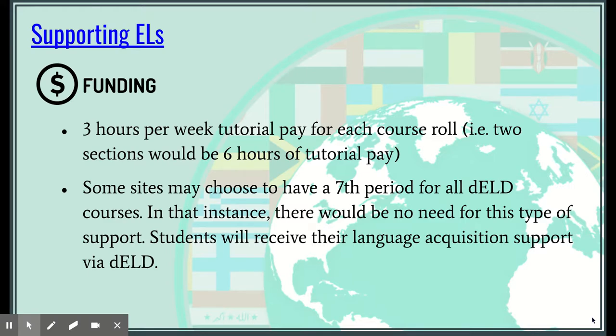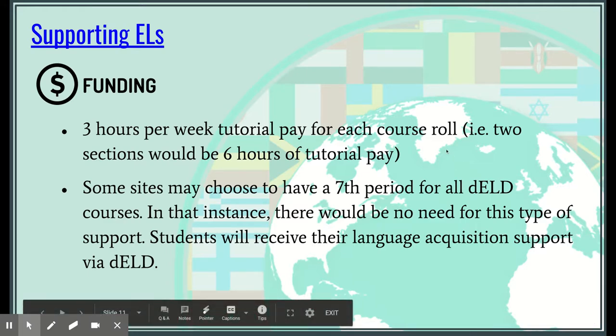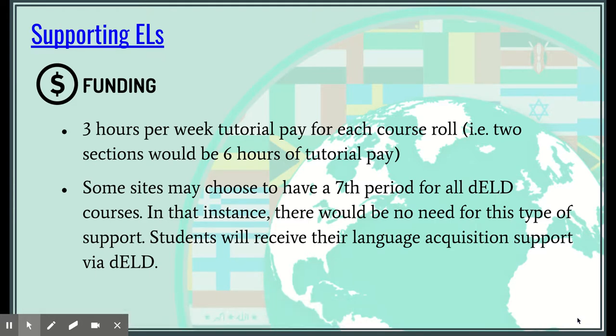Please note that if you click on the link here at the top, supporting ELs, you will be able to see a document that has all of the slides that we just went over on one page. It's a one-page handout that you can use with your designated ELD teachers, with your admin staff, with whoever is asking, even parents. Maybe I would delete the funding piece, but even parents, so that parents understand what we are doing to help support their students.